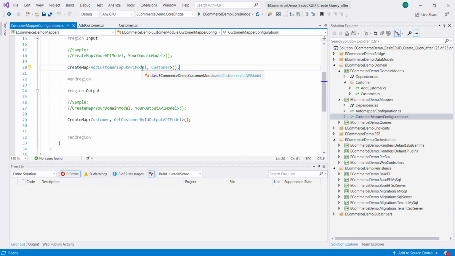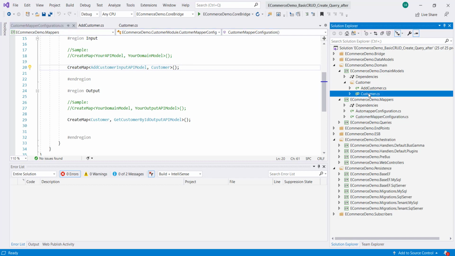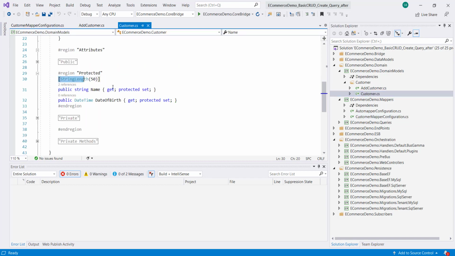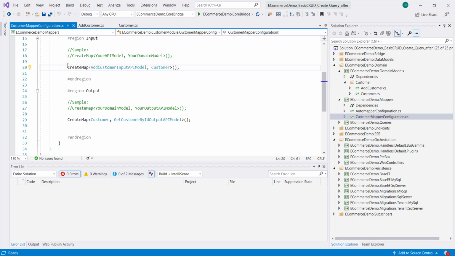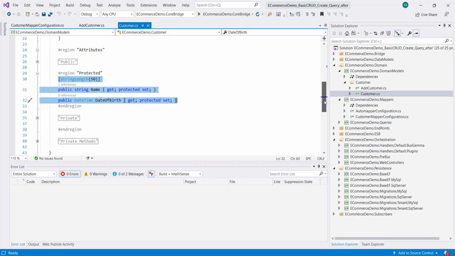This uses AutoMapper internally, so you can configure your AutoMapper here for any other special mappings. But by default, you have to create a mapper here whenever you create any input. So the first thing you do is create your properties, whatever you need for the model, and second, you create your mapping here so that the mapping can happen, otherwise it will give you an error. Now the model is created.